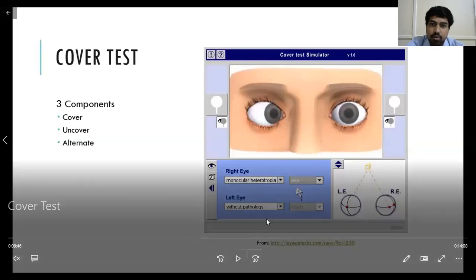So suppose there is a heterotropia. I told you tropia means manifest squint. Suppose there is any one of your friends or a patient you see. If the eyeball is deviated like that, just by seeing his face, you can say that he's having some squint. This is known as manifest squint, manifest because it is appearing directly outside. As soon as you see his face itself, you can say that he's having some squint. So it is a manifest squint or heterotropia.